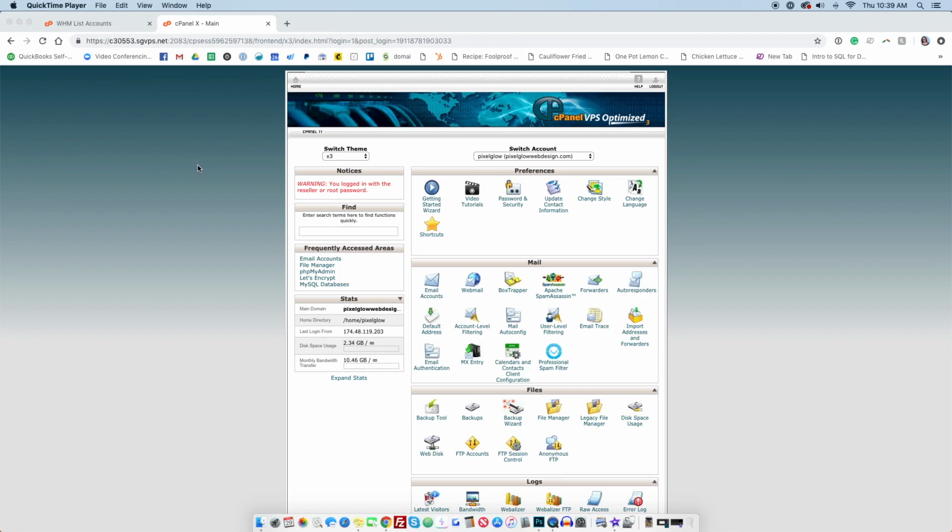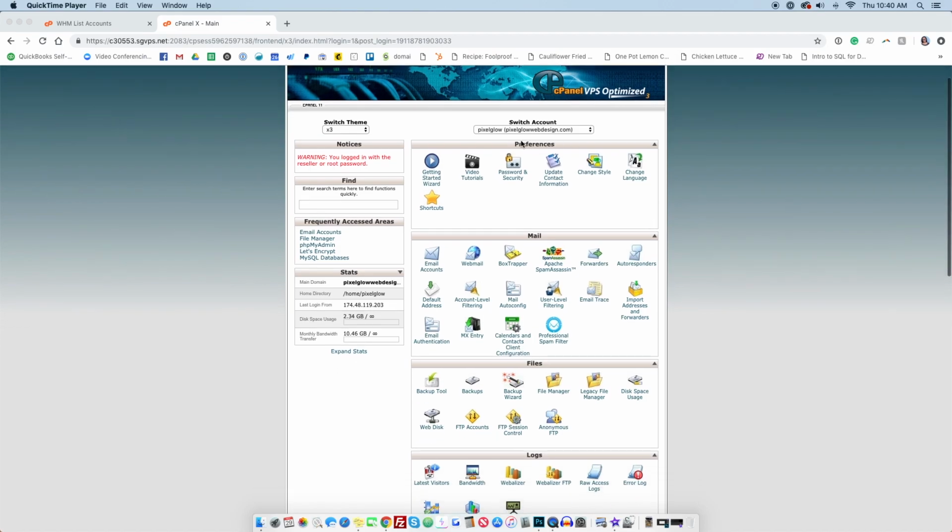The thing that you want to make sure that you have is a cPanel. It's going to say that when you go into the host's products to choose which plan you want to make sure that you have a cPanel available within that account. So when you log into your account, you want to navigate to your cPanel in your navigation, and you want to get to a screen that looks somewhat like this. It may not look exactly like this, but you're going to see a lot of icons like this broken down